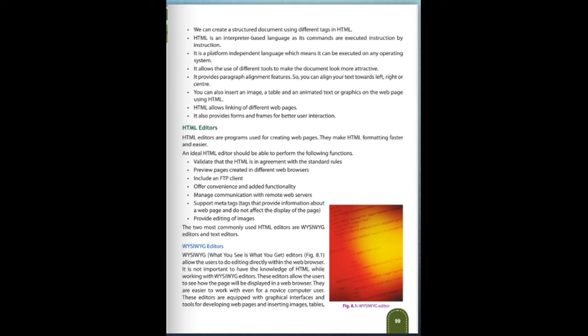They are easier to work with even for the novice computer user, means the person who has no knowledge of computer language. These editors are equipped with a graphical interface and tools for developing the web page and inserting images and tables. So the user can use these tools to design their web page with the help of these types of editors.